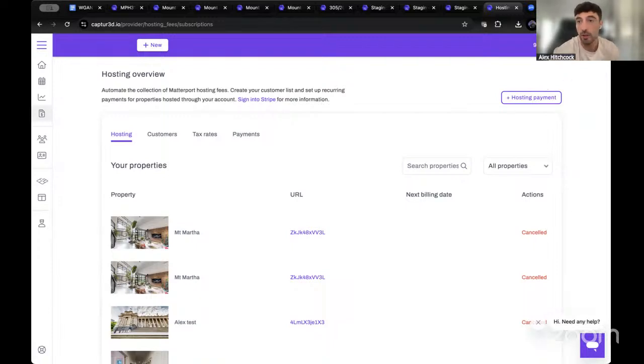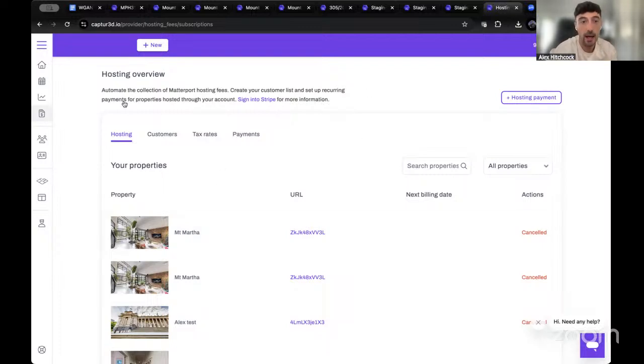You can send over Stripe invoices or recurring payments on a monthly or annual basis, depending on how you're charging your customers for hosting fees. It's a really great way to automate that process so you don't have to stay on top of it. Some people have hundreds of tours that they're sending out hosting fees for, and this is a really good way to consolidate and automate that process.